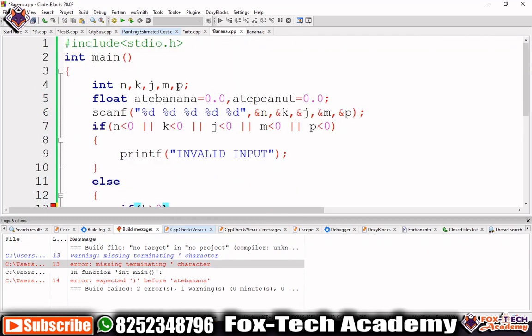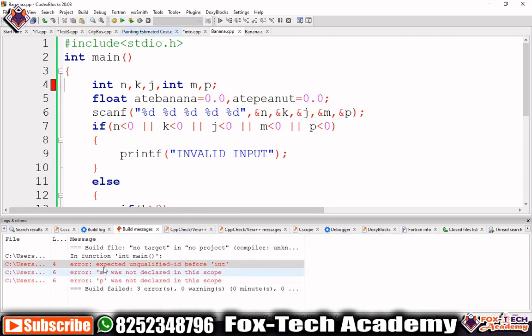Suppose here we have created an int variable, and sometimes we use int 2 times anywhere. Suppose here you use int m. Here you will get an error because in one single line we can use only one int, or only one data type. So when we run this program, we will get an error again.